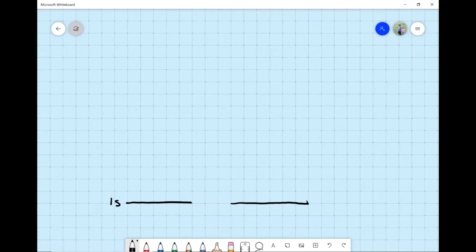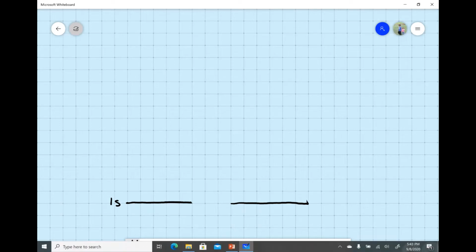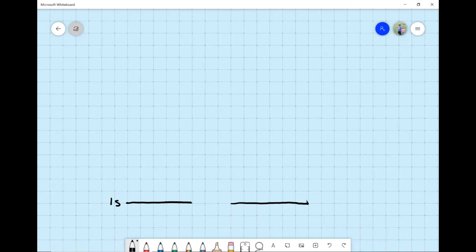And for this 1s orbital, maybe we can have a trivia question to figure out what atom this may be. But this energy level is in electron volts